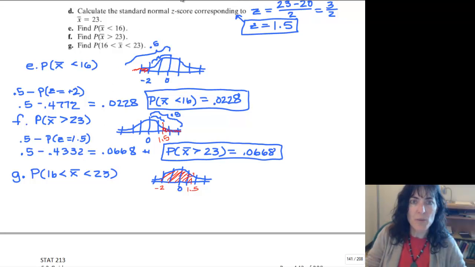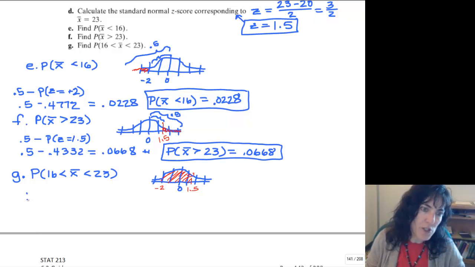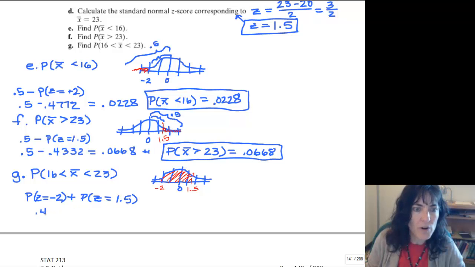So we've already looked up some of those values, so we can just reuse some things. But we know this should be the probability that z equals -2 plus the probability that z equals 1.5. And we have those two. It's 0.4772 from above plus 0.4332 from above. When we add those two together, we get